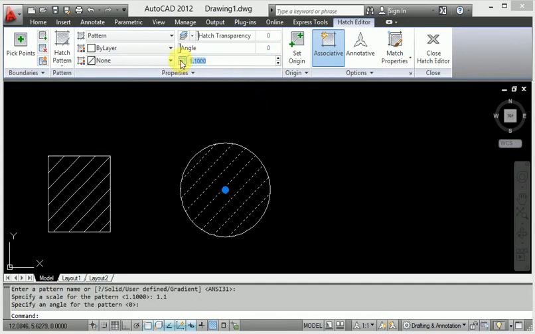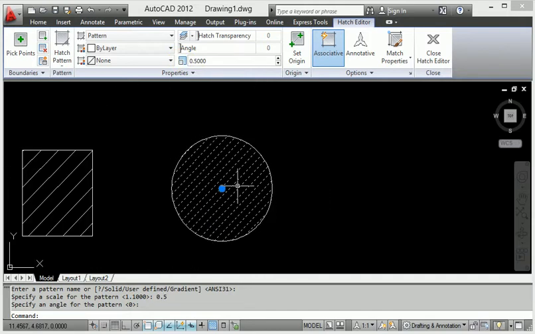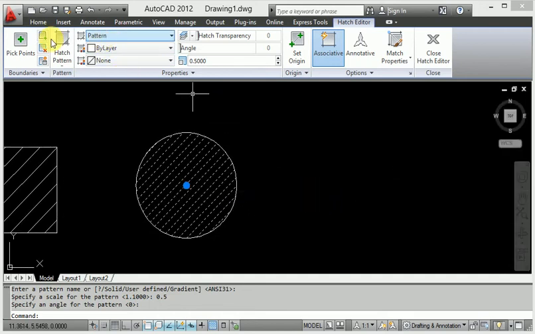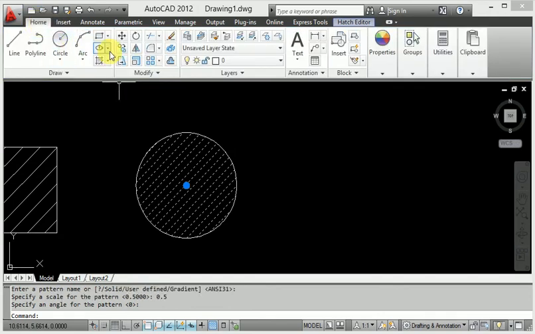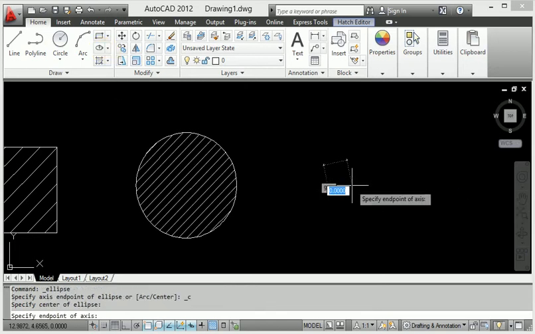Again, I want to change this value here, so we will change it to 0.5. Look at this, the distance and grid also increase compared to this. When I decrease the scale here, the gap automatically increases. So it is very easy to create hatching in AutoCAD. Again I will show you another process in hatching.